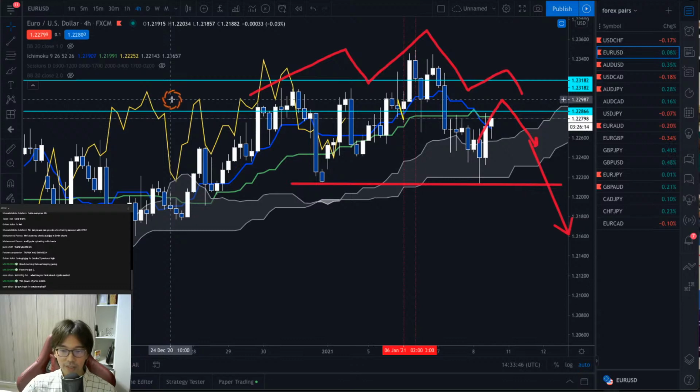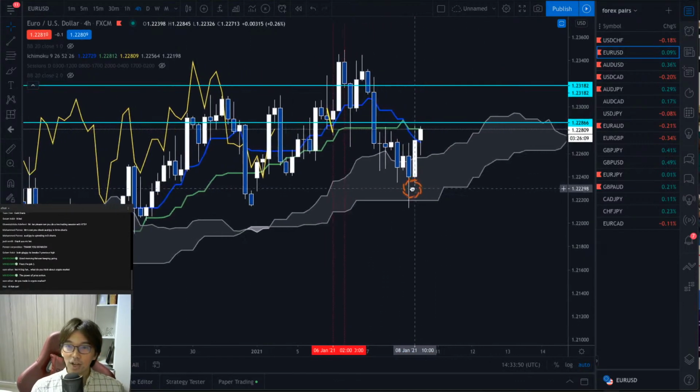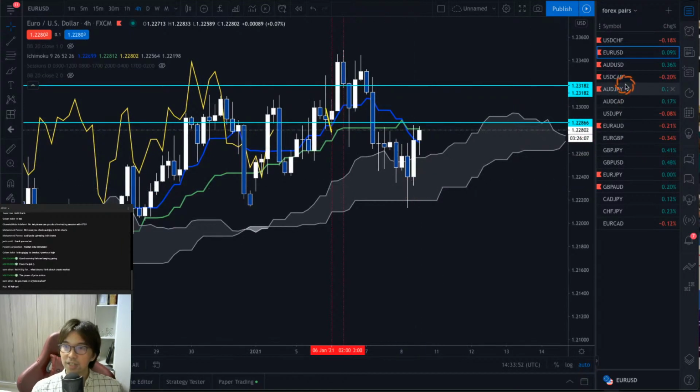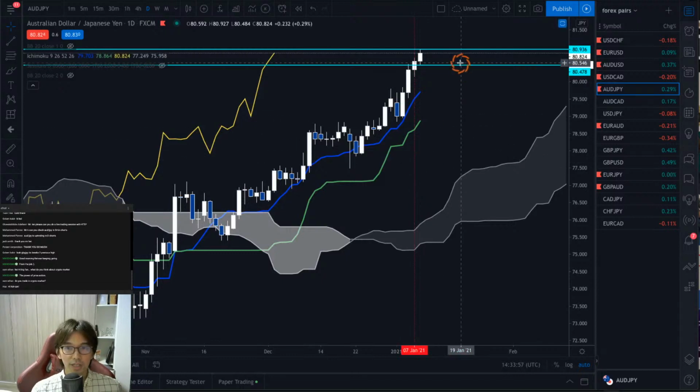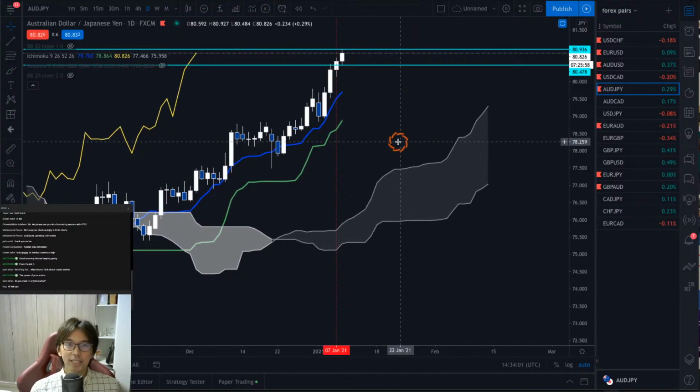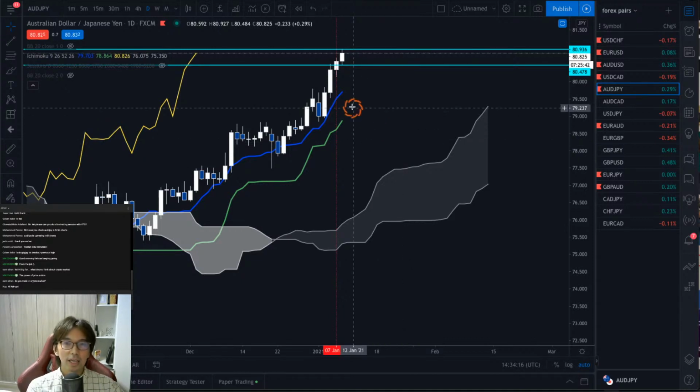AUDJPY is uptrending on the daily chart. Alright, so let's check that one. Yeah, let's talk about some trending pairs now. So AUDJPY, I marked this one on the daily chart. It's still uptrending. It's nice uptrending. This week I have been talking about this pair, and I was saying that I'm looking for the buy chance on this one. But unfortunately, I wasn't able to find the trading edges to buy on the lower time frames. That's why I don't take any trades. But